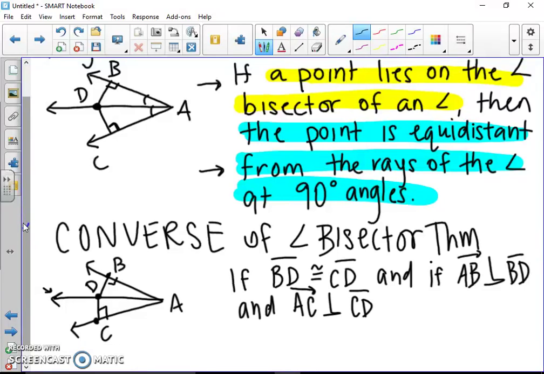Okay, so this is where the point is equidistant from the rays of the angle and it's at 90-degree angles. So we're saying these are equidistant and then these are at right angles. They're 90-degree angles. Okay, if that's all true, then